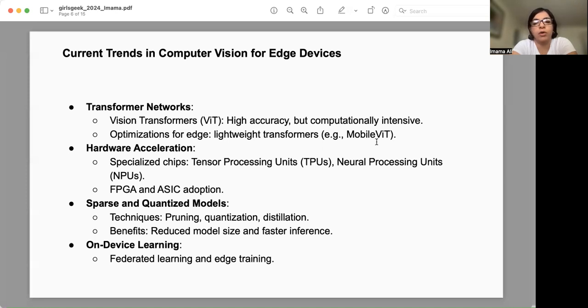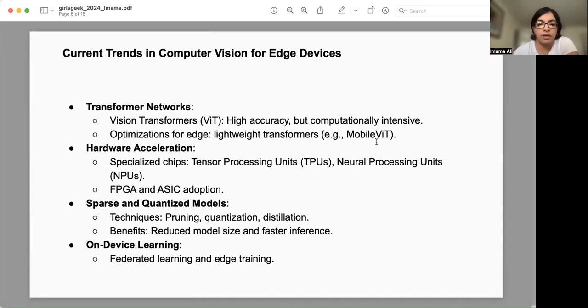So you can quantize your model to run on that particular device. Also, distillation is a technique which people use a lot for compressing the model. So you can use a teacher network to train your student network, which is much smaller in size, and use that for deployment. So these are different techniques people use to reduce the size of the model and make the inference